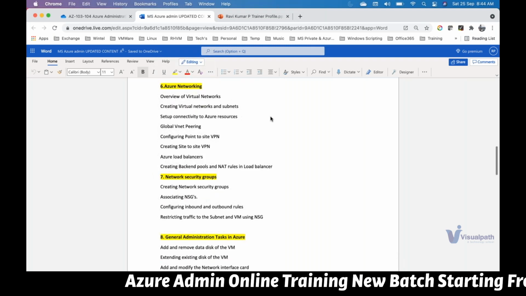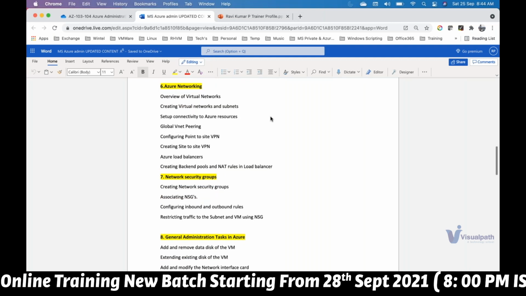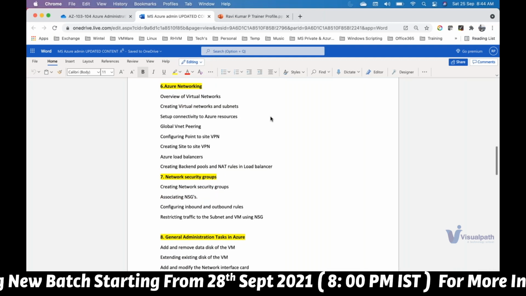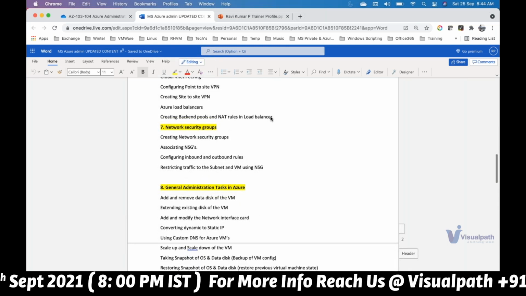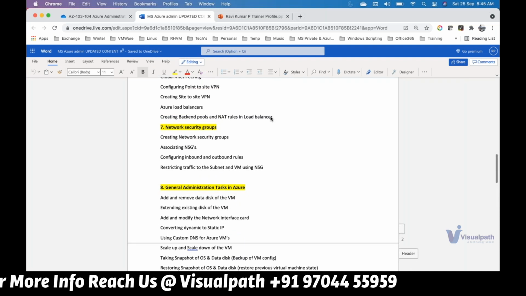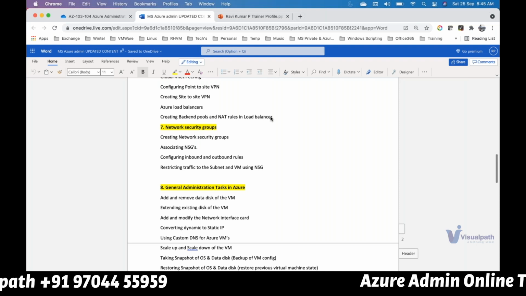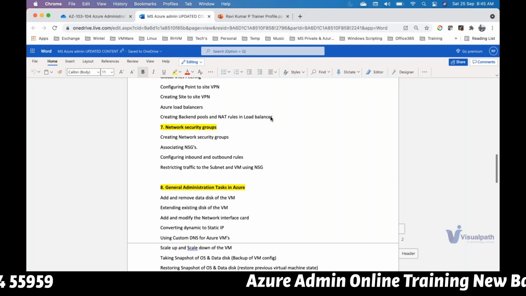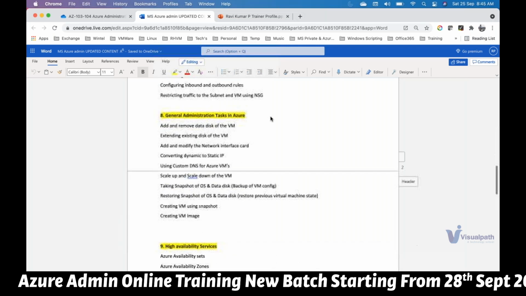And also we'll be covering in module 7 the network security group, like how do you control the traffic flow within your Azure infrastructure. We'll be looking into it. So with this, we'll be covering the core topics like compute, storage, network, and we'll be understanding the baseline of Microsoft Azure. And we'll also cover what will be your day-to-day task with respect to the compute, storage, network. So we'll be covering on the module 8 general admin task.